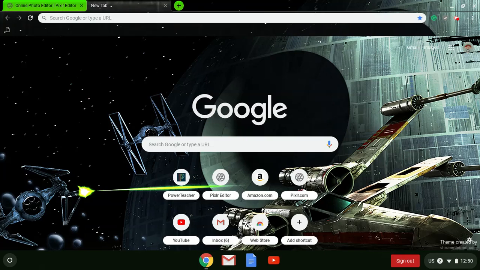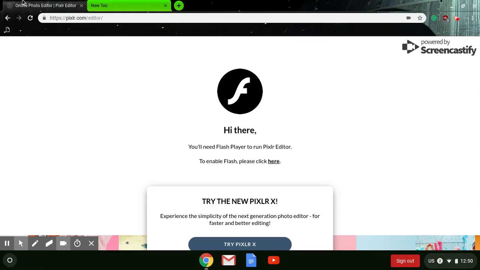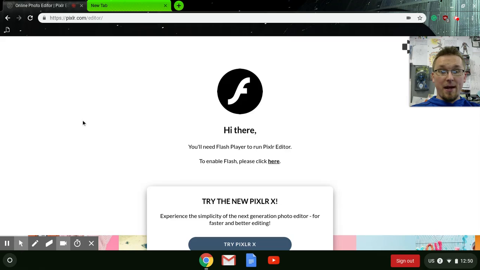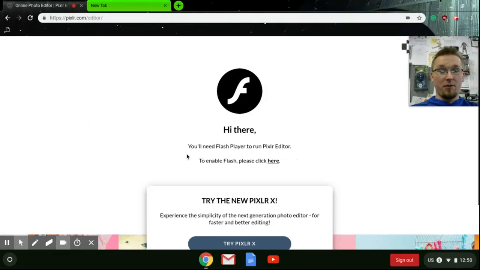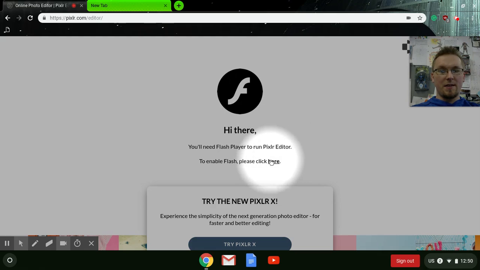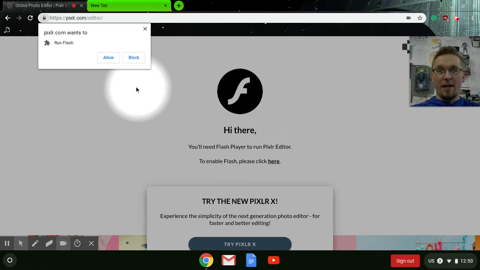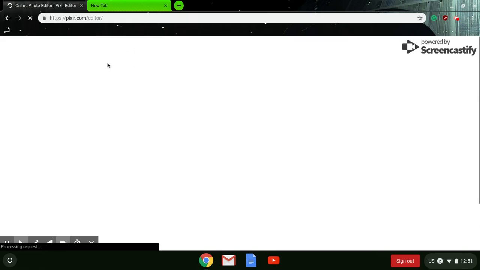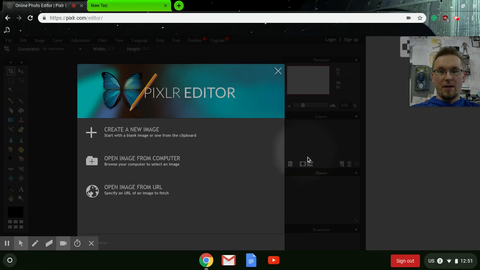So if you're using a different Chromebook than you used previously, you might end up seeing a page that looks something like this. Okay? In this page, you guys can see it says, "Hi there, you need Flash Player to run Pixlr Editor." Okay, don't panic. It's pretty simple. It says to enable Flash, please click here. So click here, and it's going to say allow or block. You want to allow it,